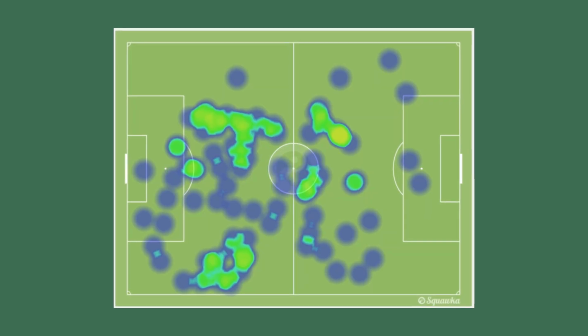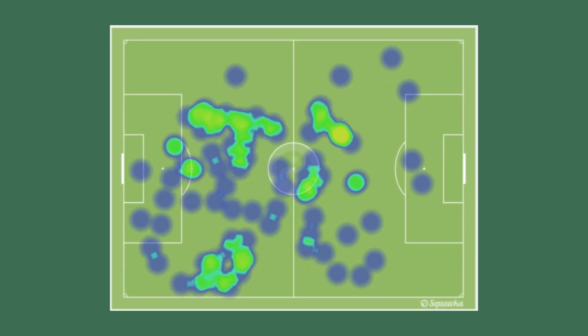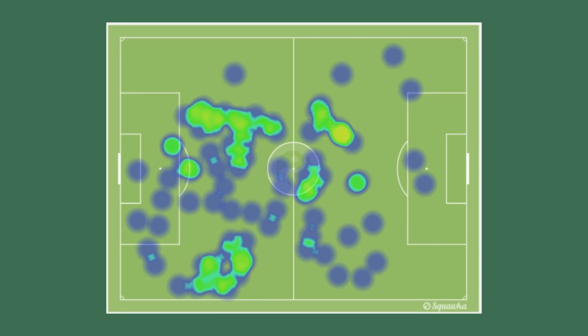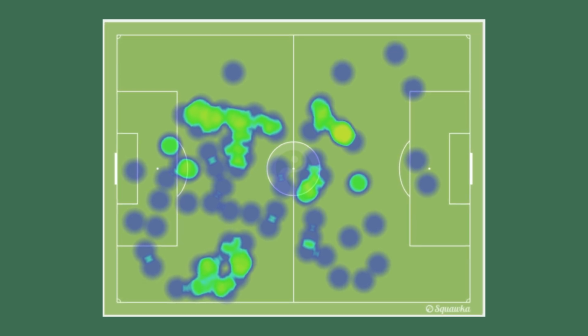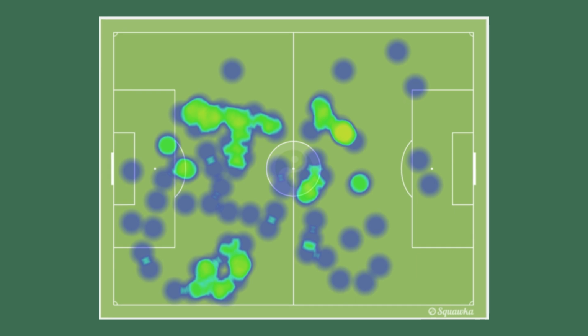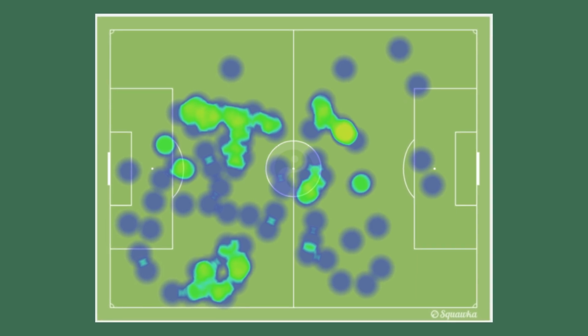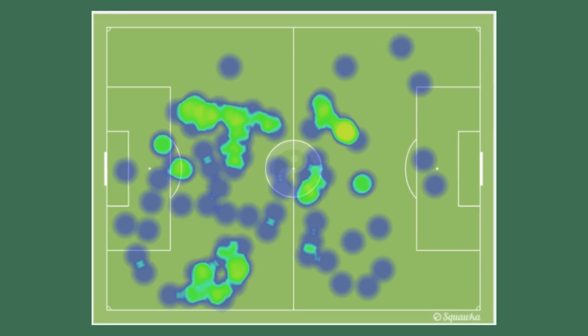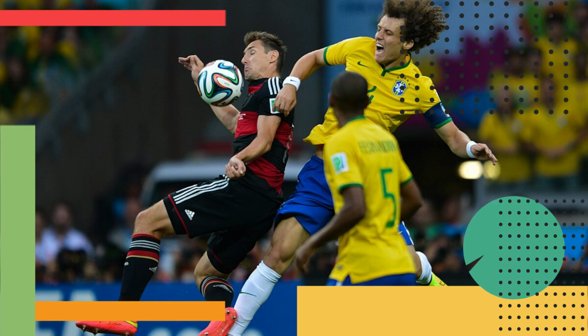Judging from the heat maps, David Luiz's movements are too wide or too spread out for a defender's size, more like the heat maps of a midfielder. In this match, you could say that David Luiz was less disciplined in defending his area. After the fifth goal, Germany dominated possession and created several scoring opportunities, although they failed to add to their lead.